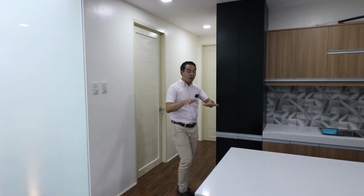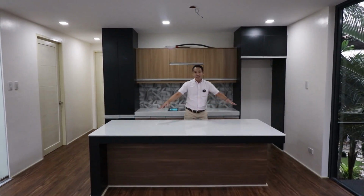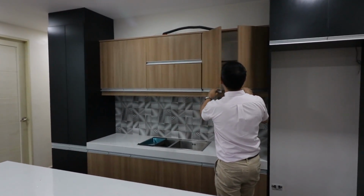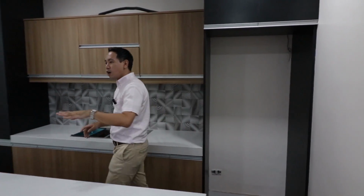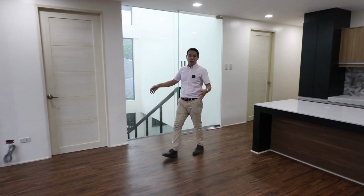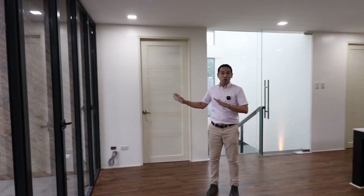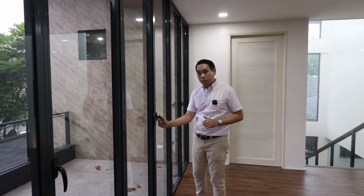You have a large granite countertop here in the middle of the room. It's perfect for family gatherings and as an informal dining space. You already have a space here for pantry storage, and this is where you can have your refrigerator. And on this side, you see that you have space here for a dining table, and half of the room is covered by floor-to-ceiling glass windows, which give you so much light. And on top of that, you can open these up towards a spacious